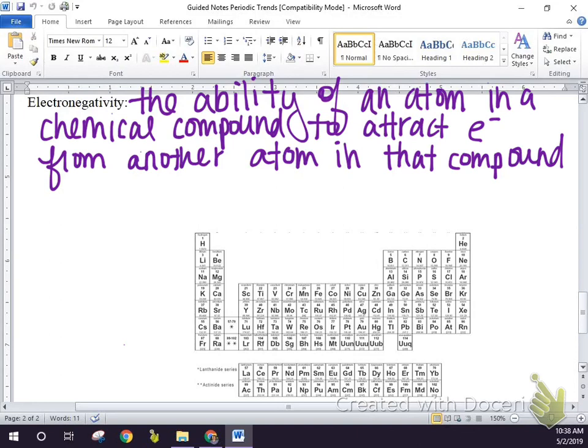Okay. The ability of an atom in a chemical compound to attract electrons from another atom in that compound. So it's going to take or pull electrons to itself within a chemical bond. Okay, within a bond, it's going to pull electrons closer to itself. And so it kind of follows the electron affinity trend somewhat, kind of follows the ionization energy somewhat, but